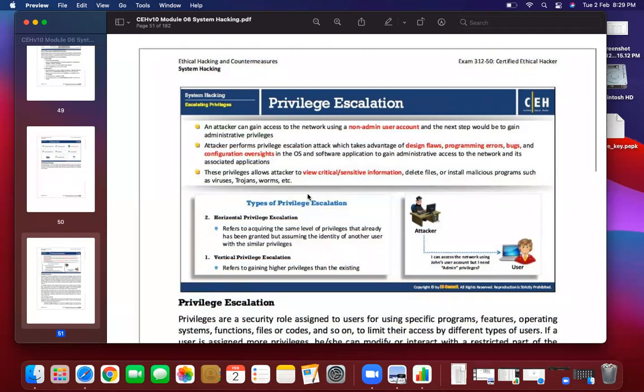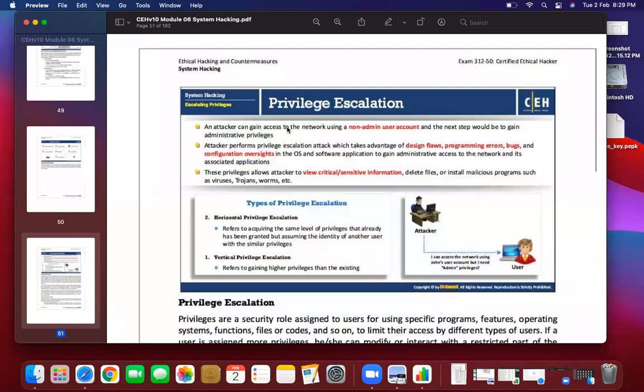So in that case, having admin access or admin privileges is very important. The attacker can gain access to the network using a non-admin user account, and the next step would be to gain admin privileges. For doing that, we may need to follow different techniques and take advantage of design flaws, programming errors or bugs, and configuration oversights.